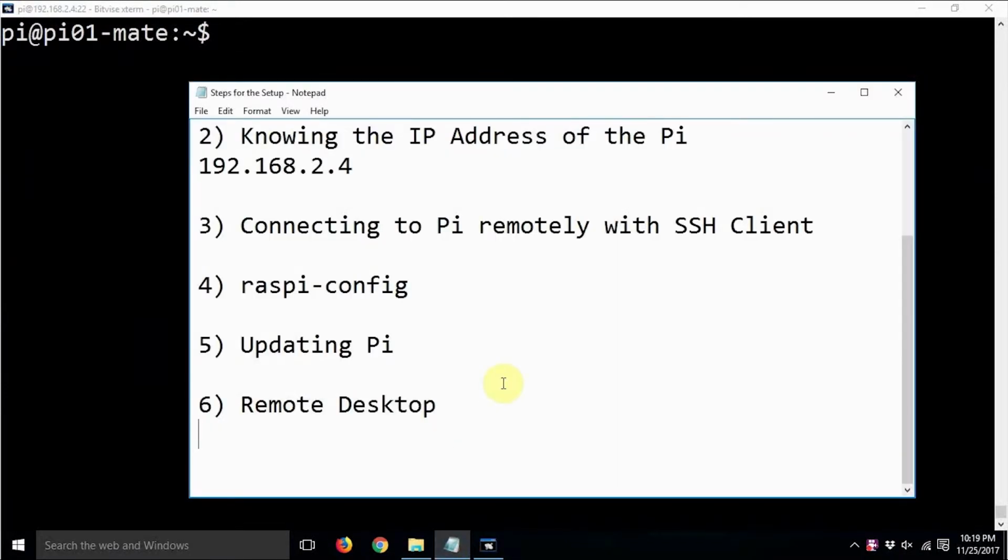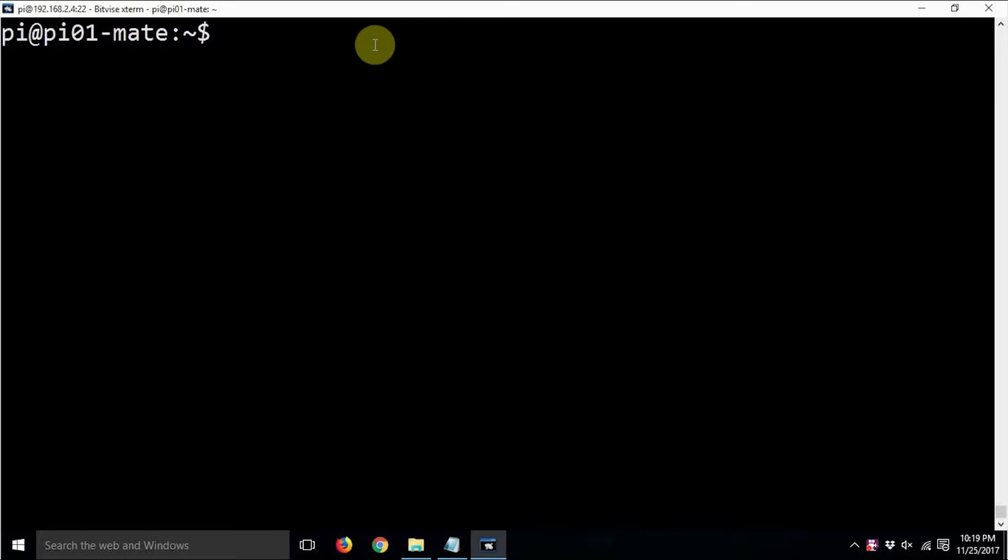The next task in the checklist is to connect using the remote desktop. For that we need XRDP, so let us install the XRDP package. The command for that is sudo apt-get install xrdp. XRDP stands for Remote Desktop Protocol, and XRDP is nothing but an implementation of this protocol. Using this we can connect to the desktop of Ubuntu Mate from our Windows computer. So let's install XRDP first using this command.